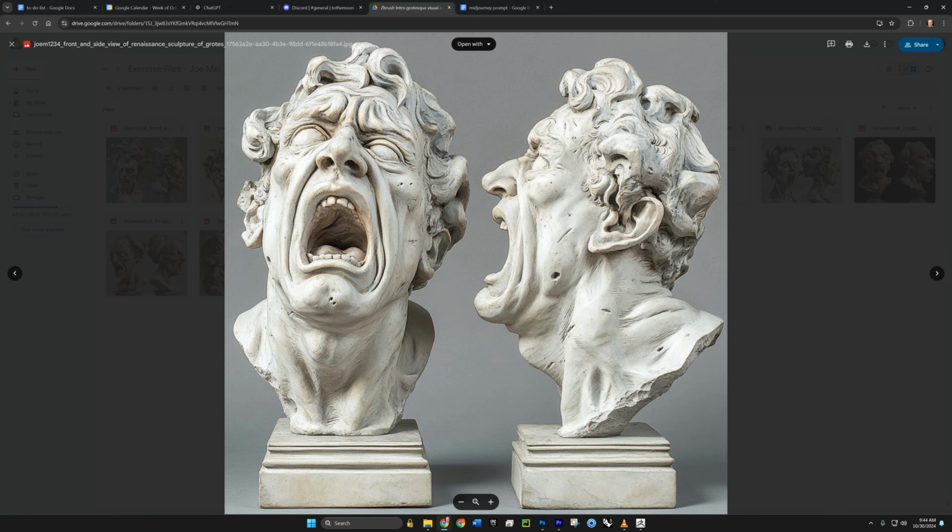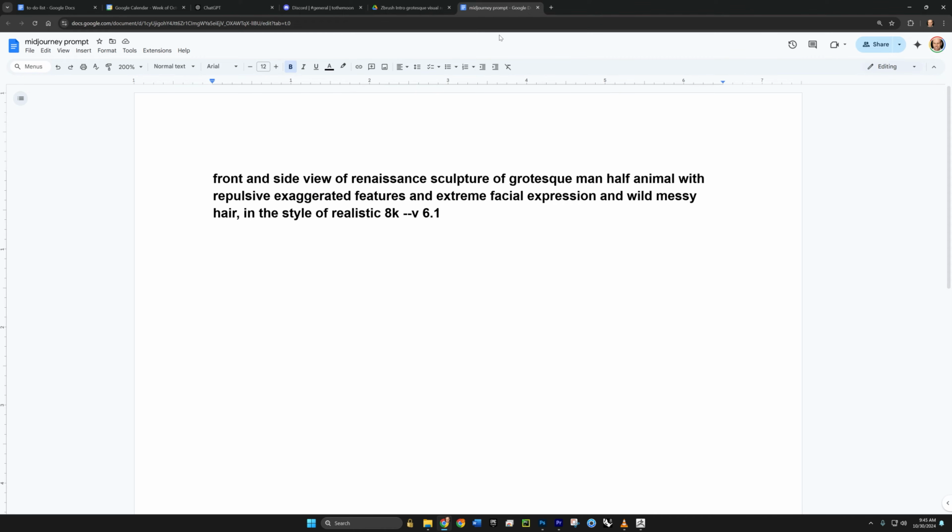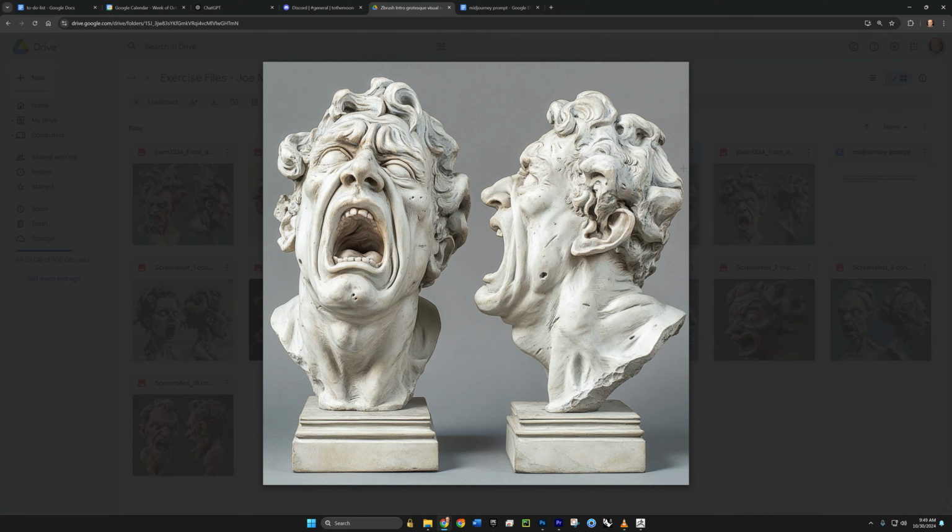I made this image in Midjourney with this prompt: front and side view of Renaissance sculpture of grotesque man, half animal with repulsive exaggerated features, an extreme facial expression, and wild messy hair in the style of realistic 8K. With that prompt, I made several images, and the reason I selected this one is I like the asymmetry of it, that he leans to the side, that his right eye is bigger than his left and it's higher up. I like the extreme openness of the mouth and the way that the lip curls here. I like the depth of the wrinkles,